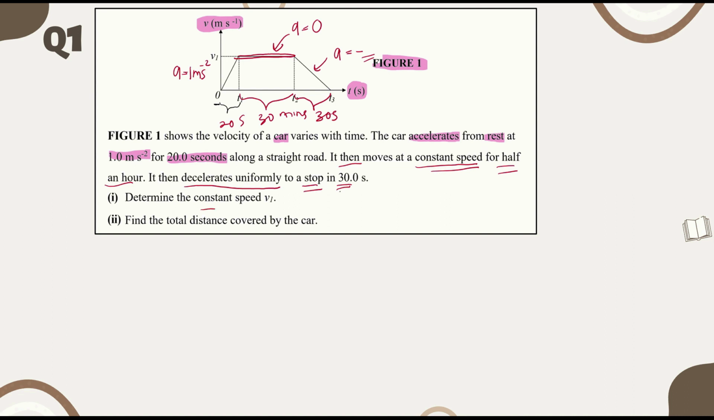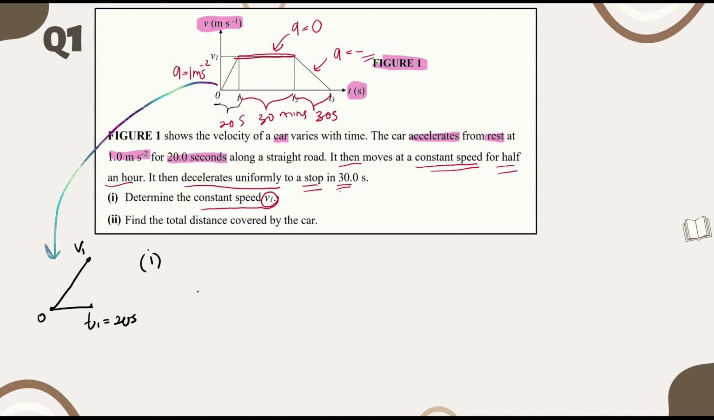Determine the constant speed v1. If we refer to this part and we have, let's say, a bigger image, v1 is here. The starting point is here, 0, and here is t1. So from 0 to t1 it takes 20 seconds. Then to solve the first question,